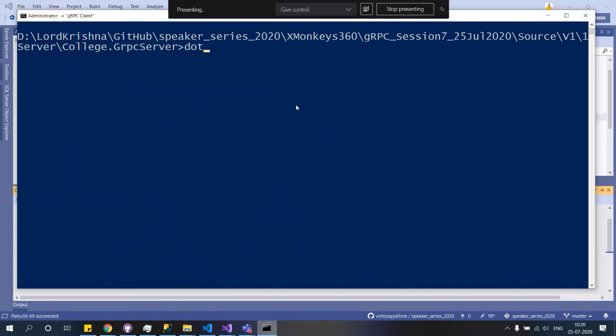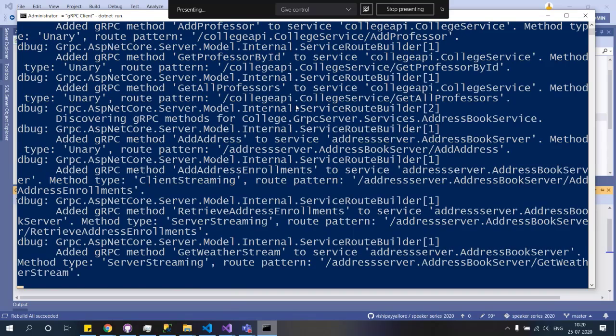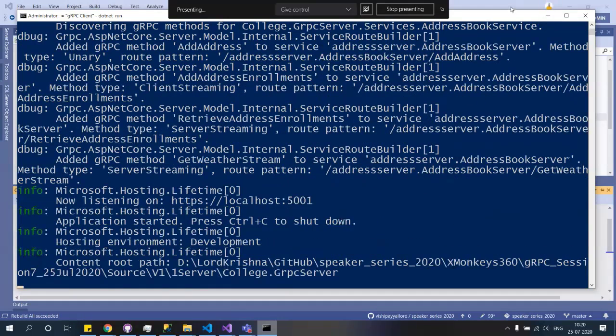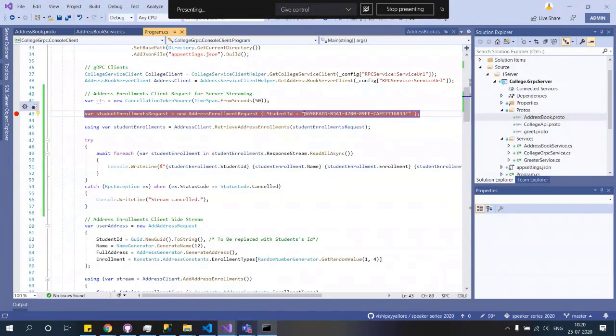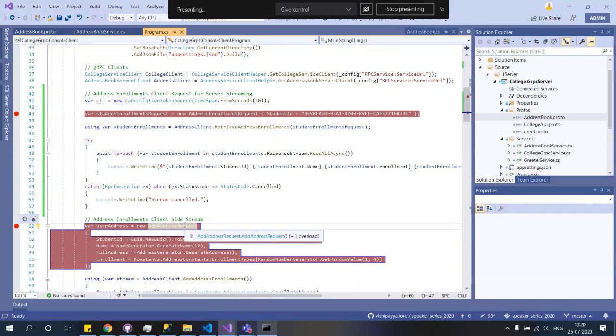Okay, dotnet run. So let's execute the server here from the console so that our focus will be totally on the client side. We can place a debugger and check how things are. Okay, cool. Now the server is running. Now let's come back to the client. I will place a debugger here and one debugger there because I don't want to proceed any further.